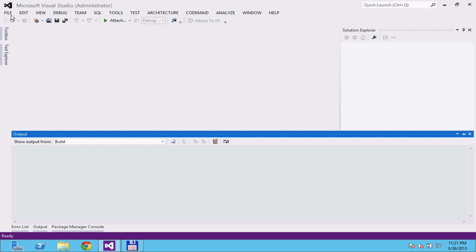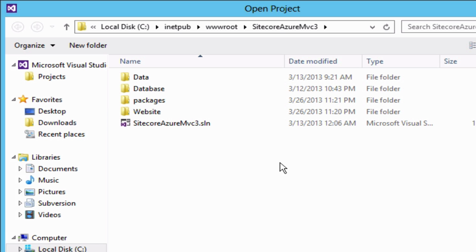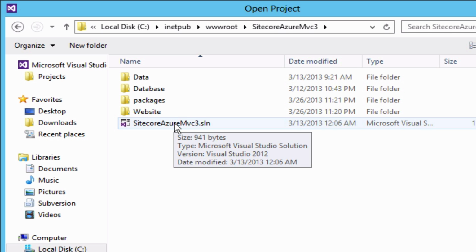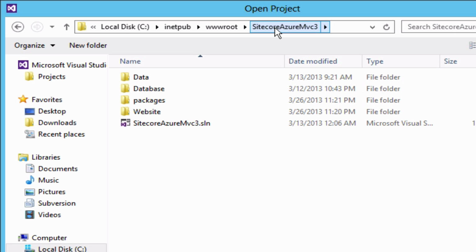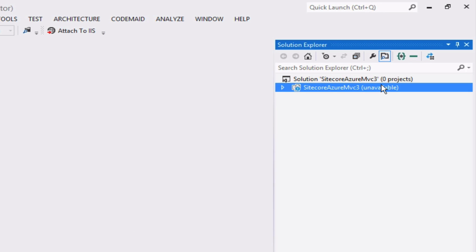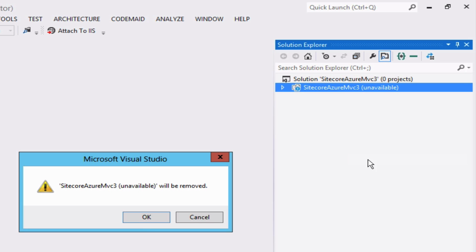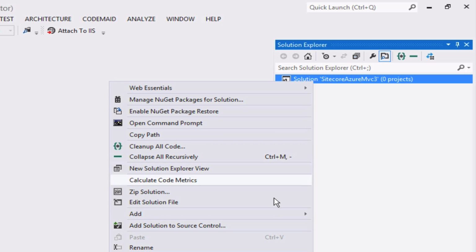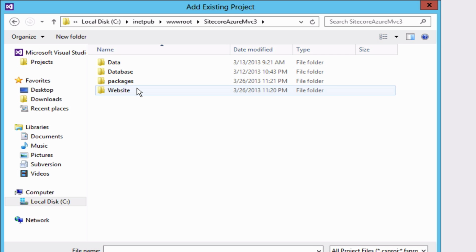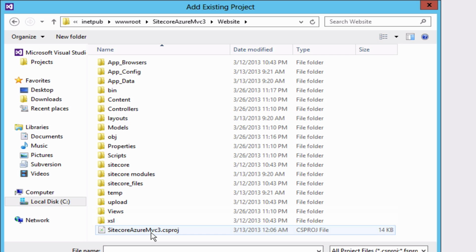Okay, next step is to open the solution file. Make sure that you're on the correct Sitecore website. In this case, it's Sitecore Azure MVC 3 for me. I'm gonna select the solution file. You'll have this project unavailable. I'm gonna fix this by removing the project and then adding in the one that we created. Make sure you're on the correct folder. Then I'm gonna add this one,